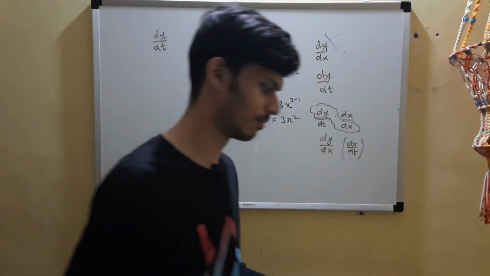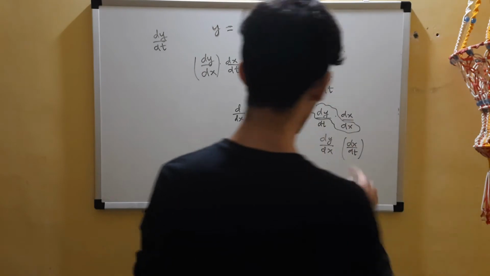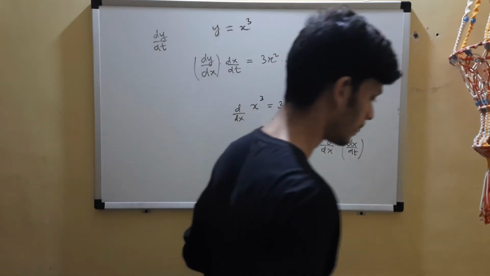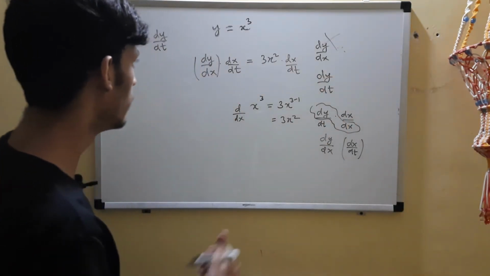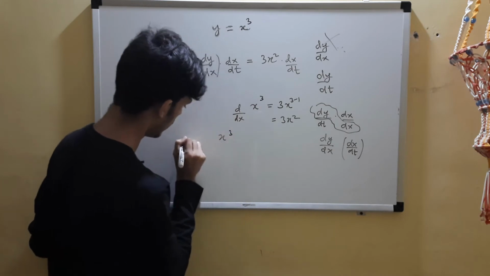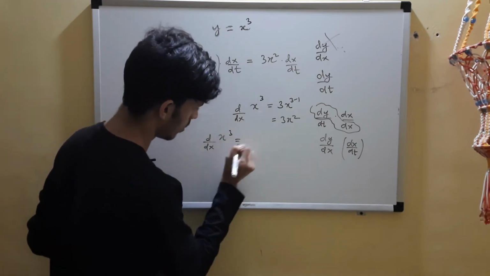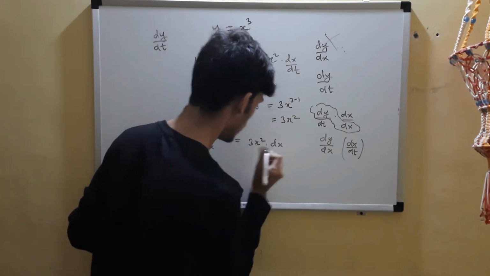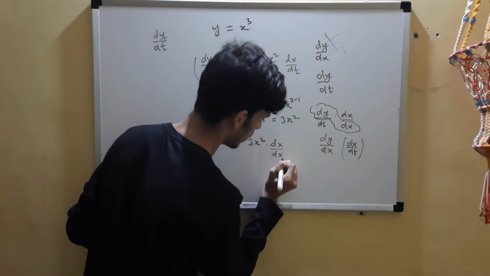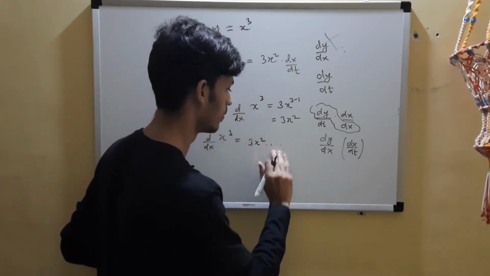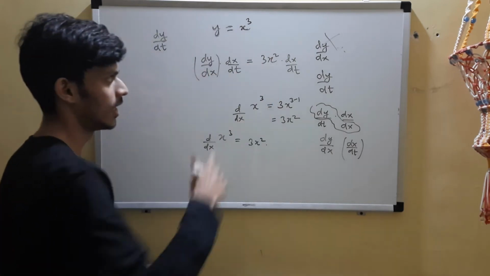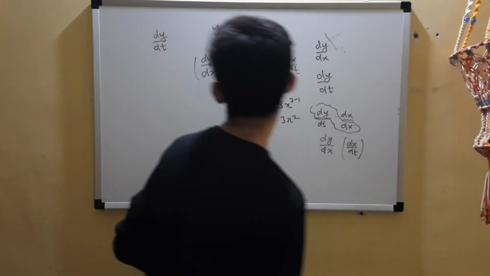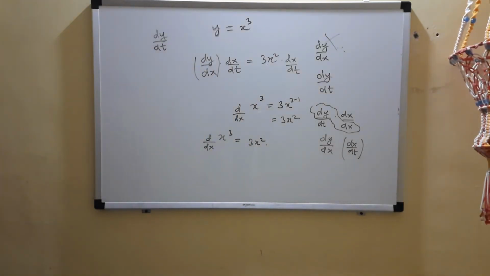Okay, so easy, right? Whenever you have another variable t, keep it intact, dx by dt. Even when you have x cube and they ask you to differentiate this, what you do is 3x square, you do it this way first, and then you get dx by dx. So that gives us 1, so we neglect this term. In this, that is not getting cancelled out because those two are separate, dx and dt. Okay, you can note that down. Easy, easy, easy.